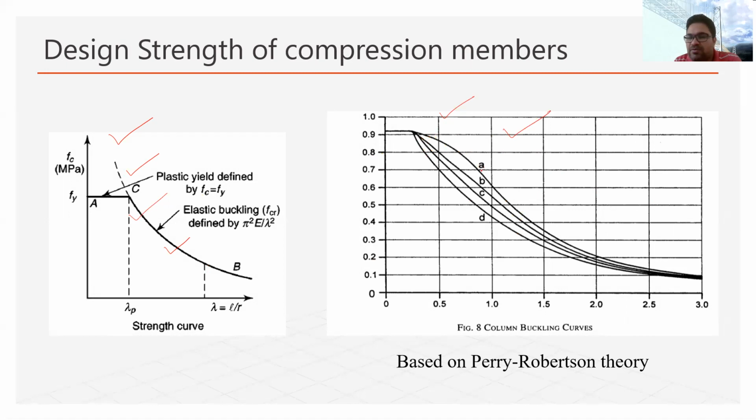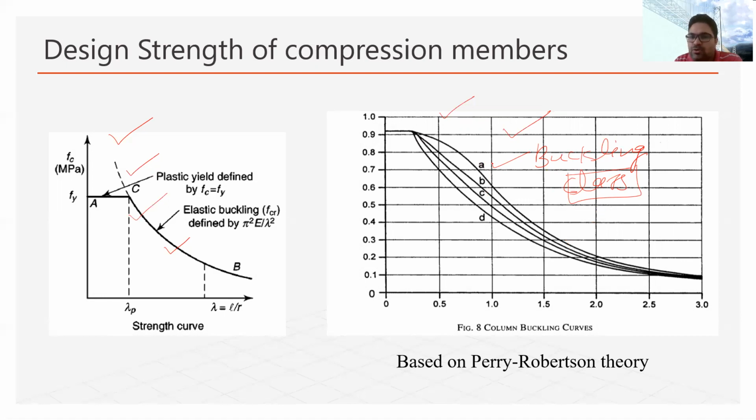So these curves are named A, B, C, D. These A, B, C, D are basically the buckling classes, and this buckling class is dependent on the cross-sectional shape of the member. Whether it is an L section, C section or I section, they may have different buckling classes. So we will see how those members are classified in terms of buckling.